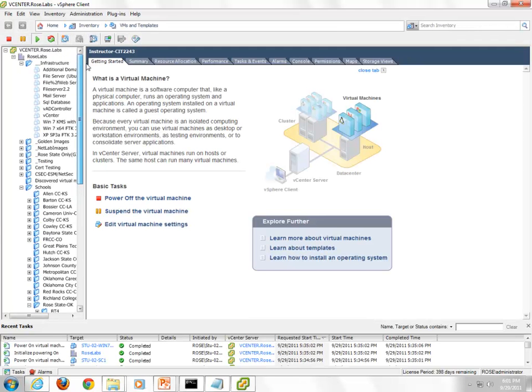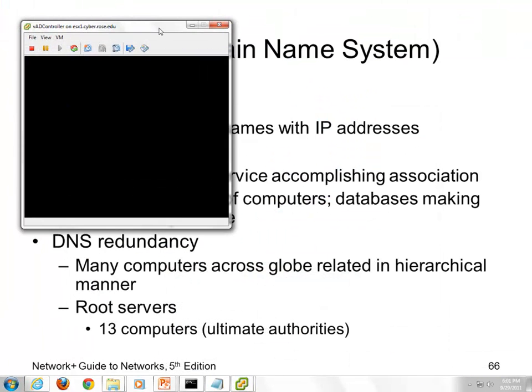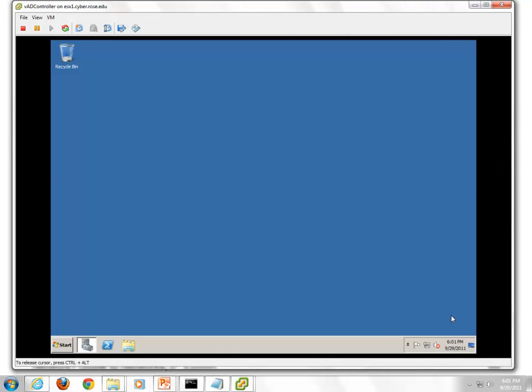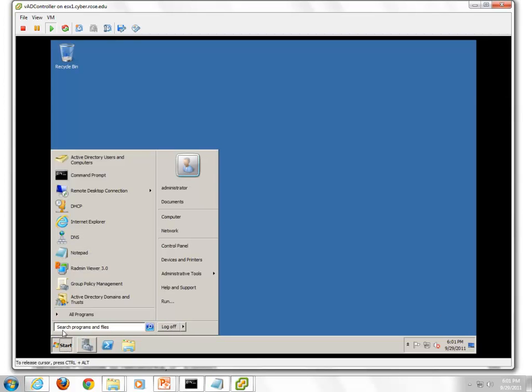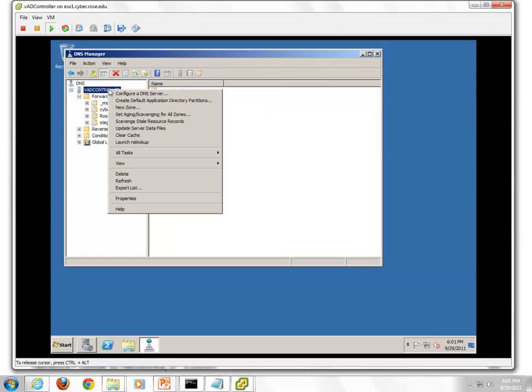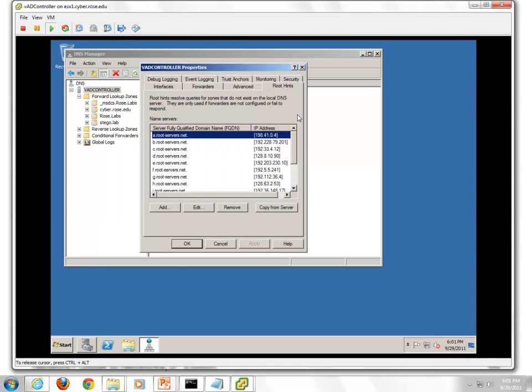Let's cruise up to the top here, and I'm going to open up this machine. I'll get rid of all the rest of this stuff. All right, this is our virtual Active Directory controller. We have an Active Directory domain that we use for our labs, and we have a physical machine, but I also have a virtual machine running. This machine also happens to perform DNS. So I'm going to bring up DNS. All right, this is it. We have some zones in there, and I'm going to show you this tab here, something called root hints.